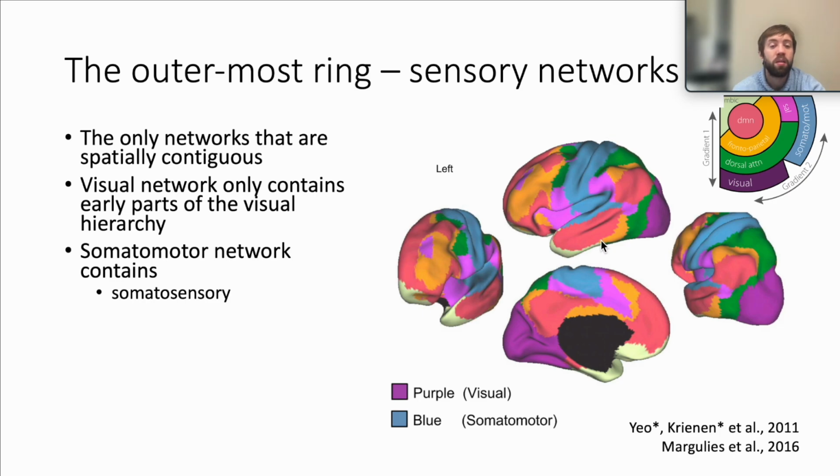So the human cortex is quite bumpy, and the valleys are known as sulci, or one valley is known as a sulcus, and the little hills are known as gyri, or one hill is known as a gyrus. This particular valley, this sulcus, is a good landmark to understand brain anatomy, and this is known as the central sulcus. And the touch information, the somatosensory information, goes from this central sulcus back to the rest of this blue